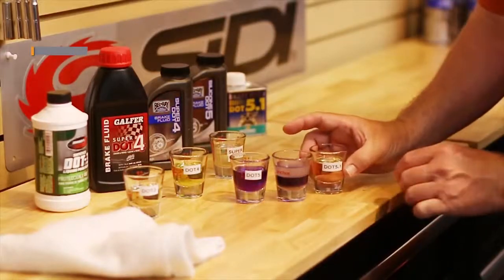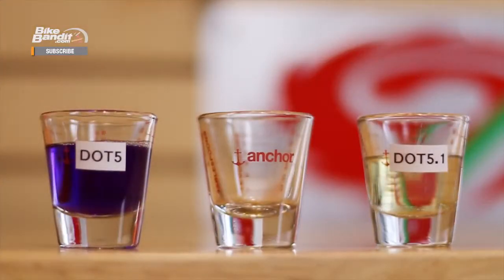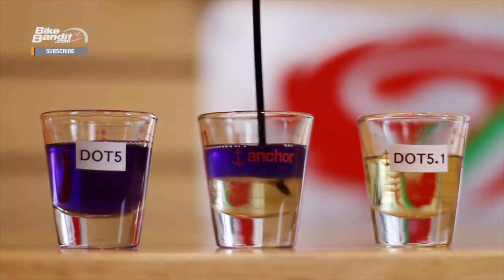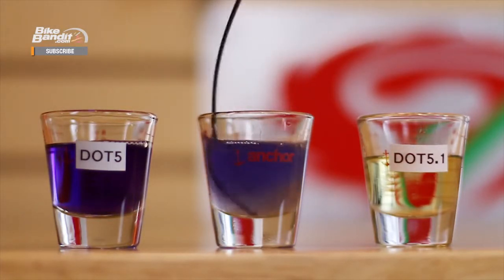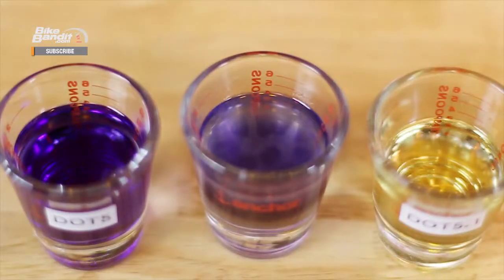The other thing to note, and this is very important, you should never mix DOT 5 with any other type of brake fluid. Because it has a silicone base and the others have a glycol ether base, mixing the two chemicals will result in coagulation. In other words, you'll get a nasty gunk that will muck up your entire braking system, and it'll give you roughly the stopping power of oatmeal. The only way to fix this is completely rebuilding and flushing the entire thing,